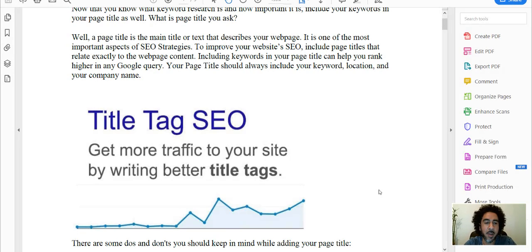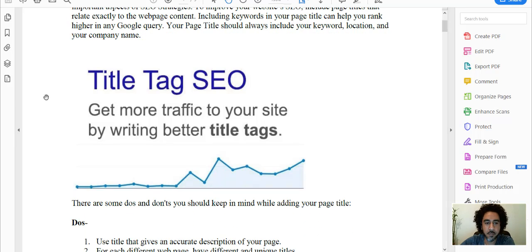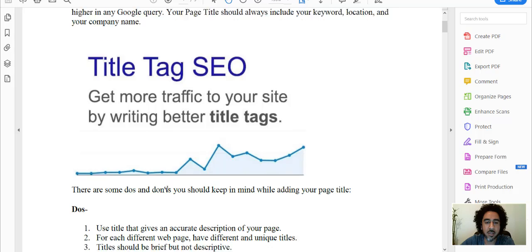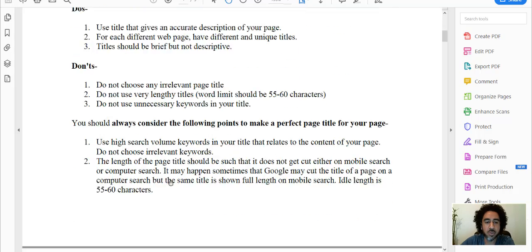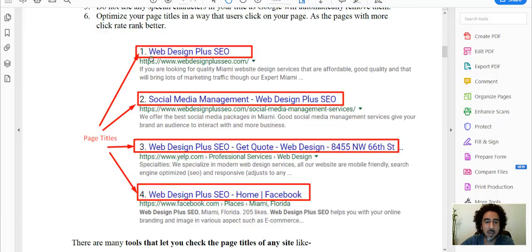Hey, today I'm going to be talking about title tags for SEO. This is probably one of the most important parts of your SEO campaigns because this is what people see in Google. By what I mean seen in Google, I'm going to scroll down in just a second so I can show you a better idea. But title tags can greatly improve your traffic as shown here